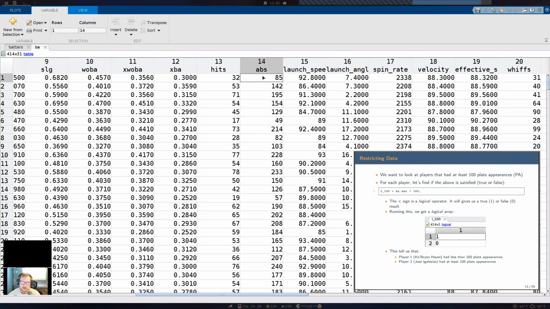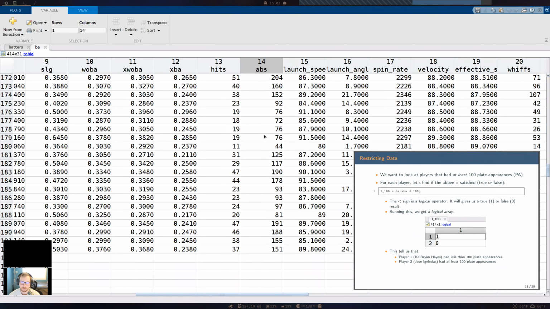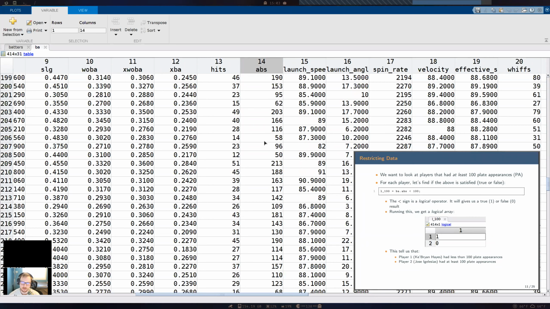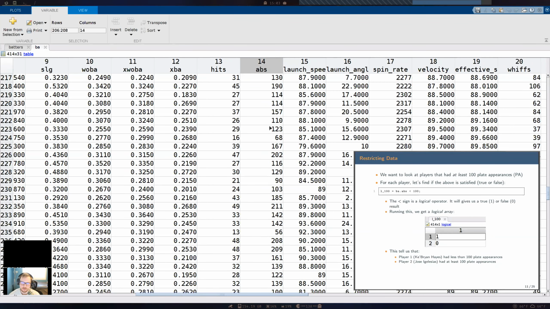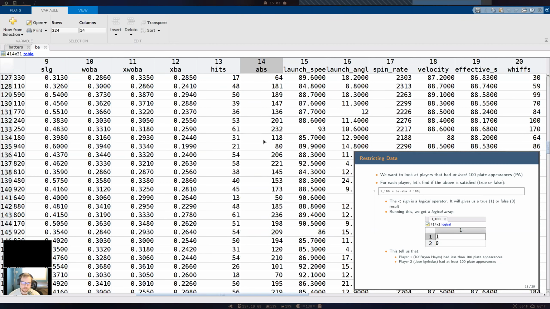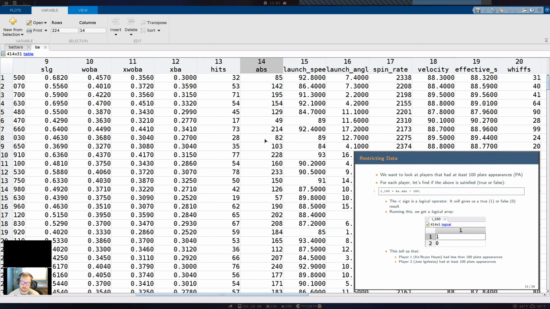Okay, so we want to get rid of this guy because he only had 85 at-bats in this season, and you see that a lot of people had more than 100, which is what we want. If I keep going down here, you can see that these three people, they gotta go. This guy's gotta go. So there's going to be a fair amount of people that we want to take out of here.